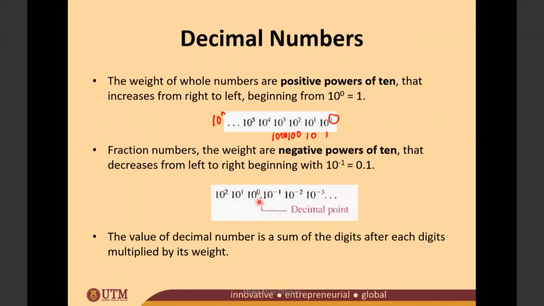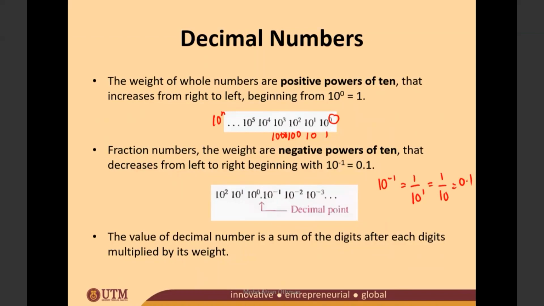Okay, sama ada dia binary point, hexadecimal point, octal point, kamu kena locate dia punya point kat sini. Okay, after that you can give the weightage. Okay, so 10 negatif 1 ni sebenarnya, 10 kuasa negatif 1 is actually, kalau kamu recall back masa kamu belajar matematik dulu, this is actually 1/10 power of 1. Okay, 10 negatif 1 kita sama dengan 1 bahagi 10 kuasa 1, which is sama dengan 1/10